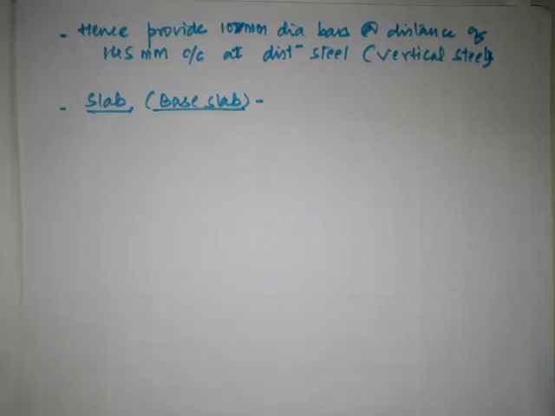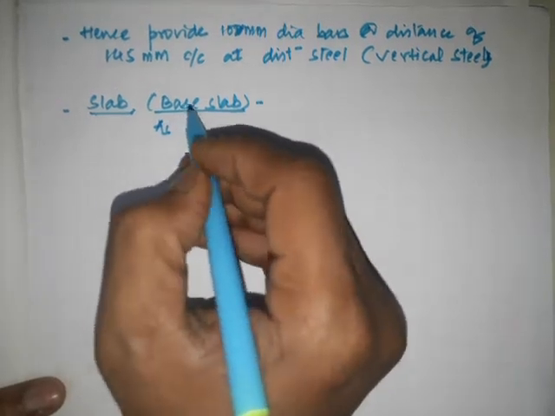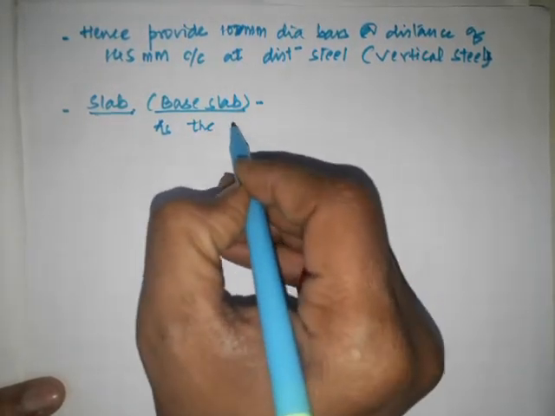What the code says is that we don't have to design the base slab, but we have to provide the minimum reinforcement with minimum thickness of the base slab. So here you have to write: